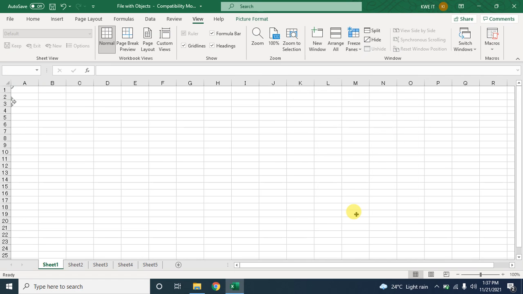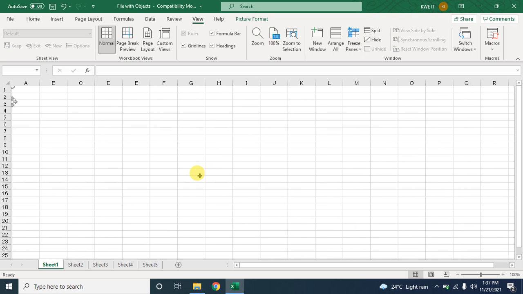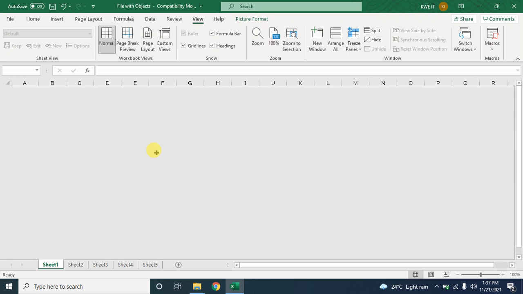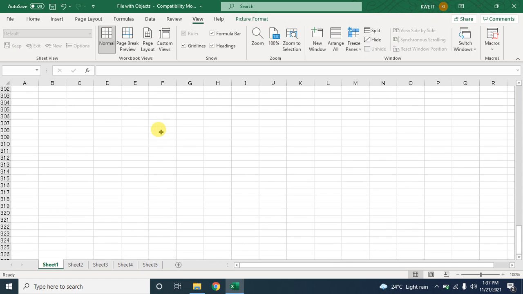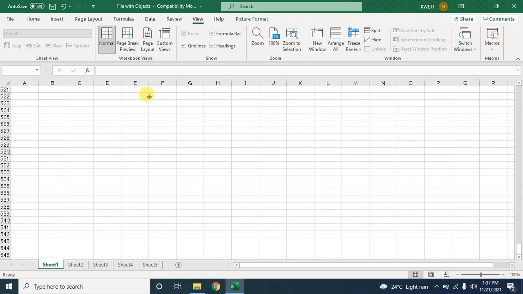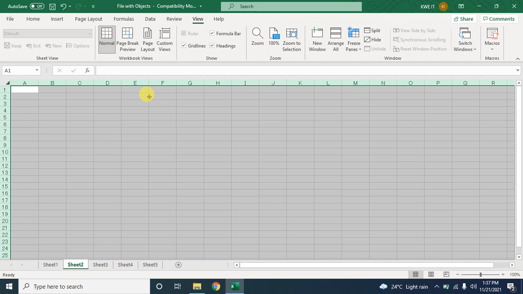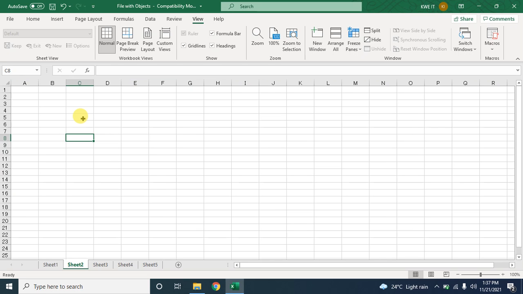So I'm going to select these objects. Now you can see some objects are selected here, and maybe further down also, but not sure. Just delete and go to the second sheet. However many sheets are in the same workbook, you have to do the same thing for all the sheets.